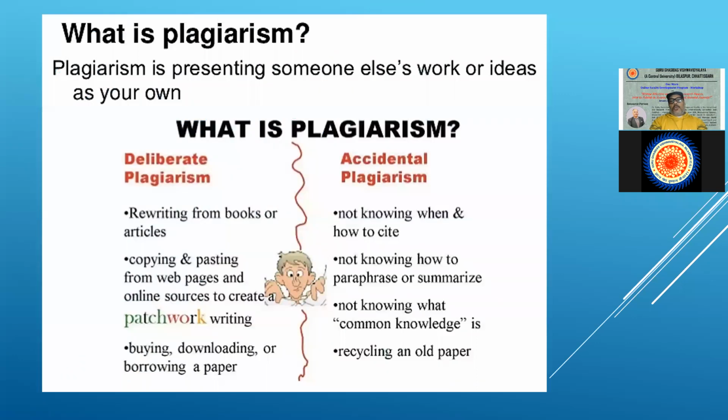You can see there are two types of plagiarism. One is deliberate plagiarism, another is accidental plagiarism. So we have understood thoroughly that plagiarism is presenting someone else's work or ideas as your own. That's why plagiarism is a very important and hot topic these days among researchers. If you have maximum plagiarism, I think you will lose the opportunity from the publisher. Suppose your paper is accepted, then it is sent to the